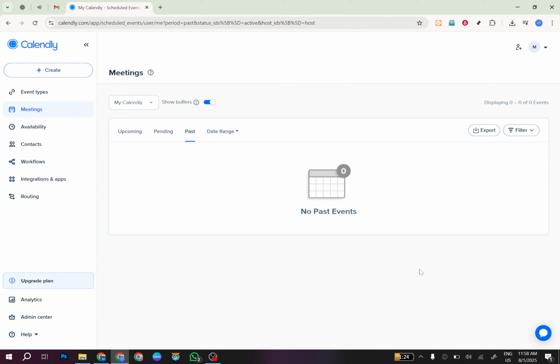A simple, straightforward method to access your Calendly meetings fast and easy. With this guide, you're well equipped to manage your time more effectively and ensure you're always on top of